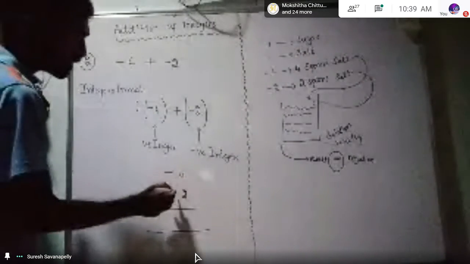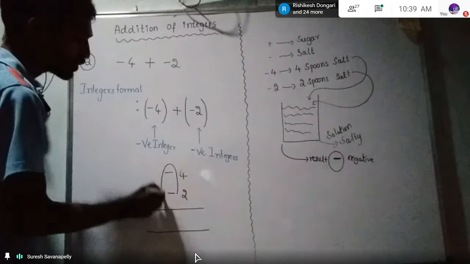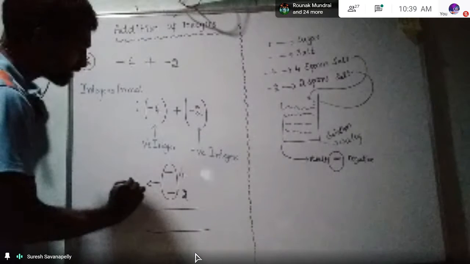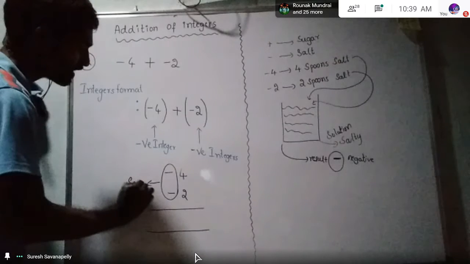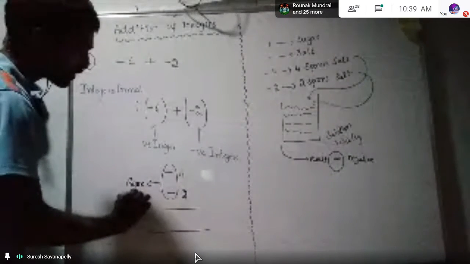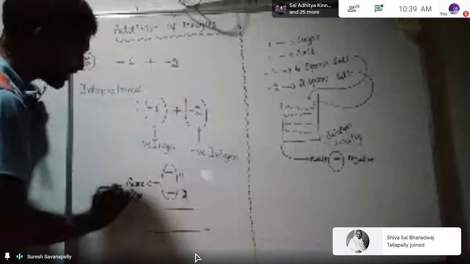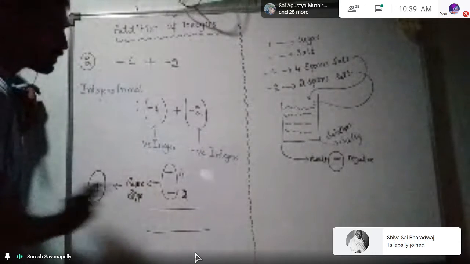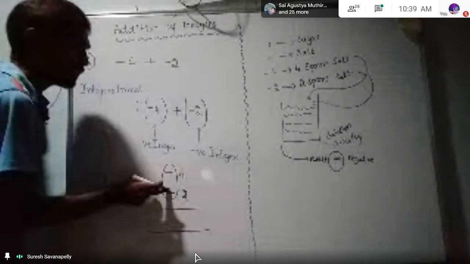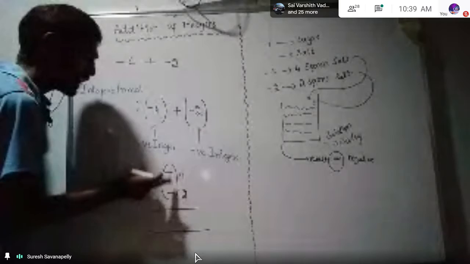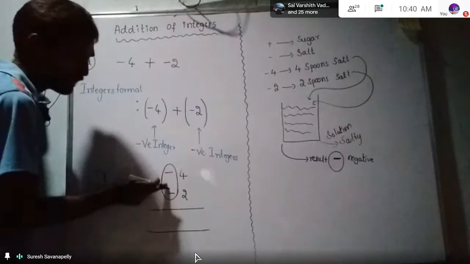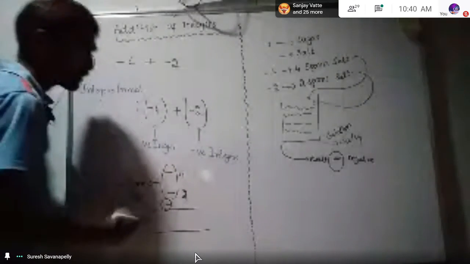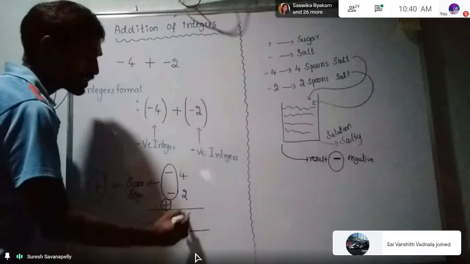So now both are what, Nana? Both are minus. That means what? Both are same sign, no? Whenever same sign will come, what we should do? Always do addition. Even if we have two negatives, what we need to do? You need to do addition only. So 4 plus 2 is 6.